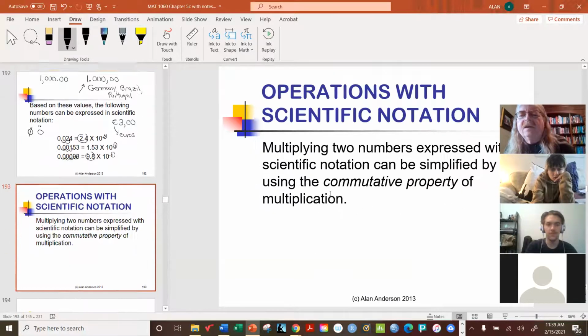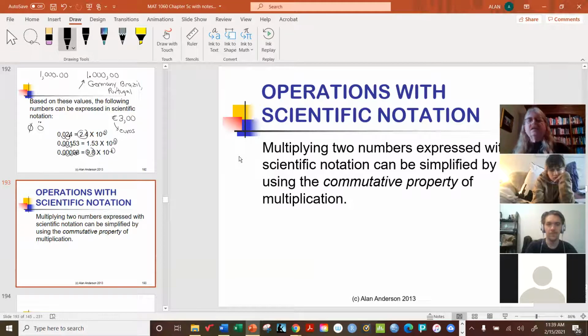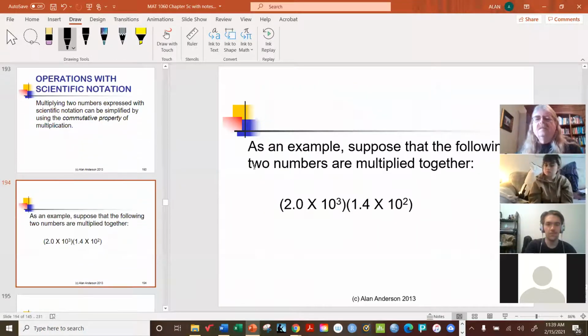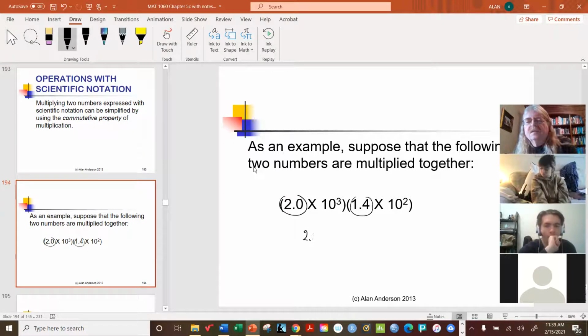Okay, well, now, operations. It stands to reason that we may need to multiply or divide numbers that are written in scientific notation. Well, the process is very simple because it's based on the commutative property. Let's take a look at some quick examples. How about this one? We've got two numbers written in scientific notation, and I want to keep the answer in scientific notation. What should I do? I'm going to multiply the constants together, or I should say coefficients, and then multiply that by